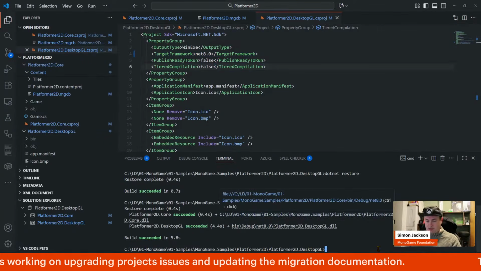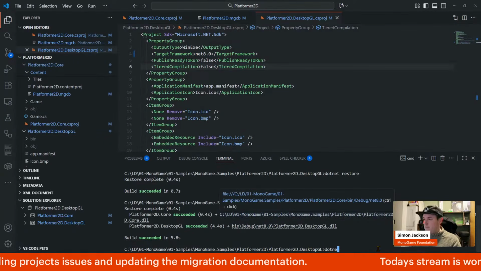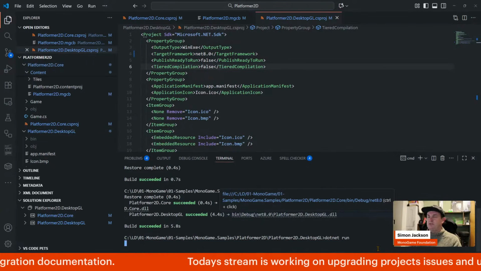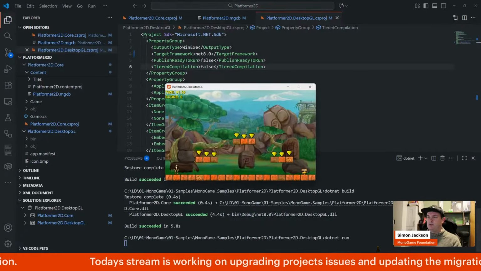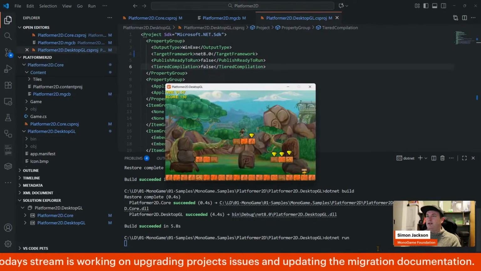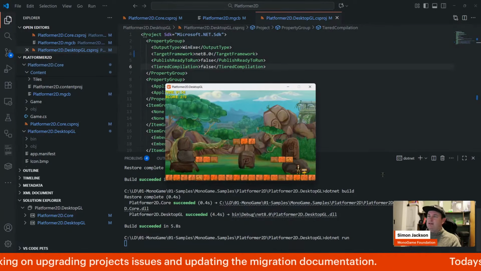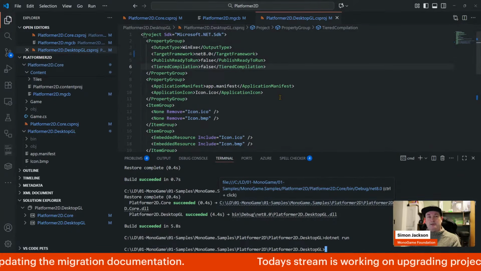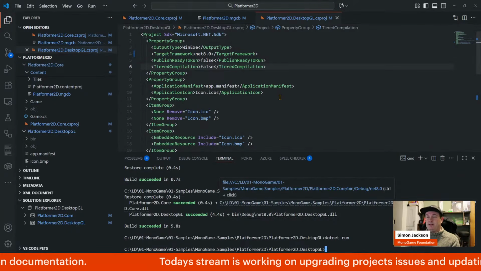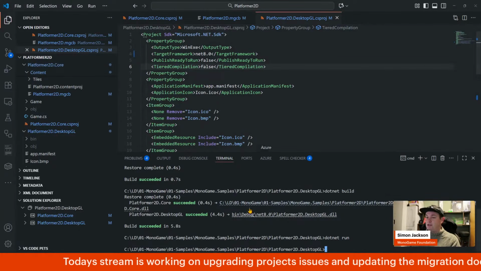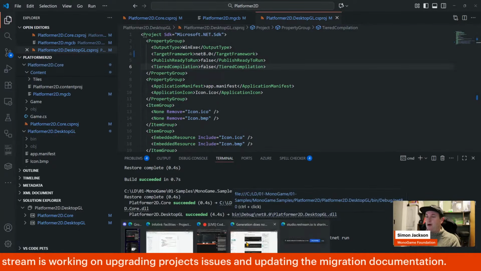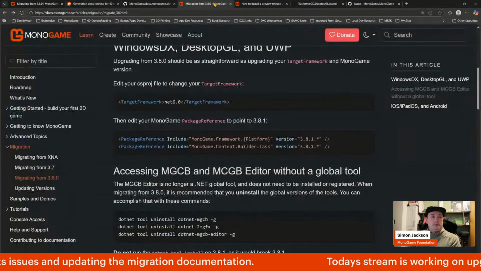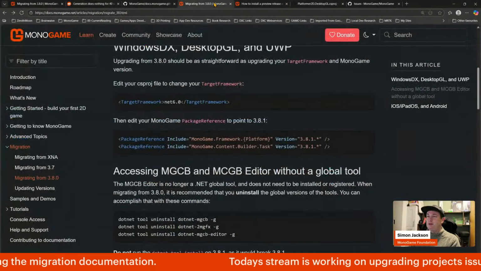Okay, let's also just run this to make sure we're absolutely 100% sure. Yep, there we go. The project is working. Upgraded a 3.8.0 project to 3.8.2. Now, the question we need to answer ourselves is how the user got into this state, apart from not reading the migration guide. So that's probably partly the fault of ourselves in not making this guide more critical or more available to users, but also